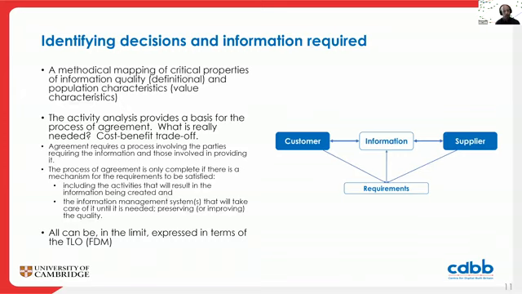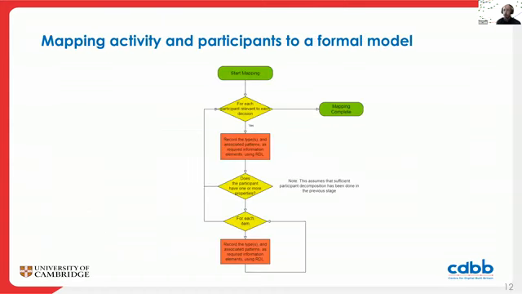There's no point in having a requirement that nobody else is going to agree to, or that they might naively agree to and then subsequently find they can't meet. Both things are going to result in mistakes, which is a data quality issue in itself. So the process of coming to an agreement requires us to have a good way of identifying the requirements and exchanging them. So I've come up with a relatively straightforward